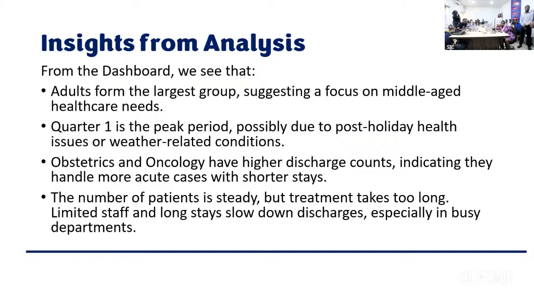Also, we noticed that the obstetrics and oncology departments have higher discharge counts, indicating that they handle more acute cases with more shorter stays. And the last one: the number of patients is steady, but treatment takes too long. We are able to notice that by the length of stay. The treatment takes too long because we noticed that about 213 days was the average length of stay